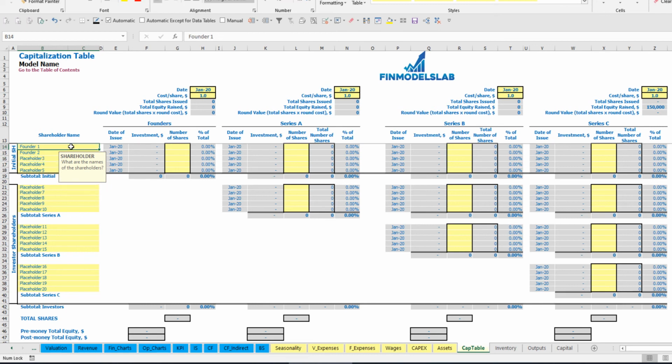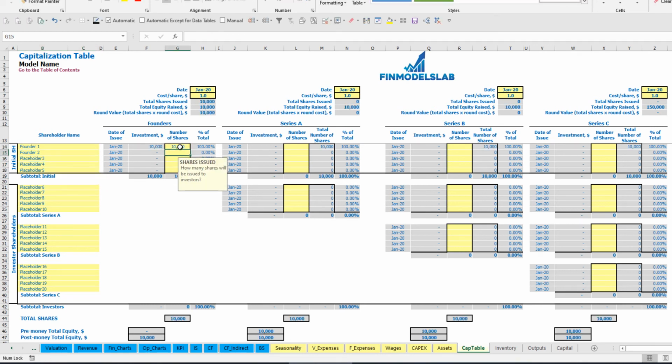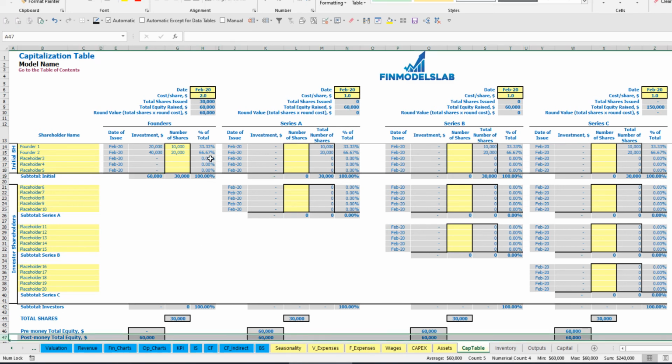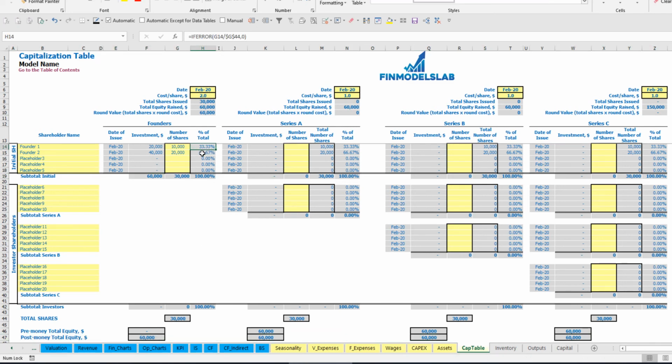So total amount of shares for founder 1 can be 10,000, for founder number 2 20,000. Let's imagine that cost of share will be $2 and the date of funding is February. This means that investment for founder 1 is $20,000, for founder 2 is $40,000. In total they invest $60,000, which you may see here. The dilution is 33 to